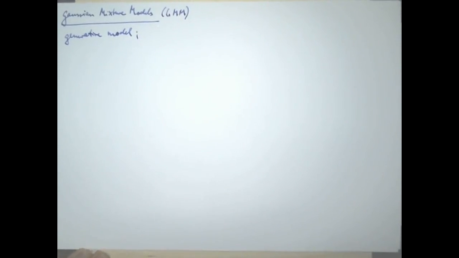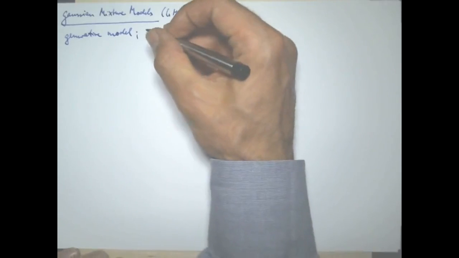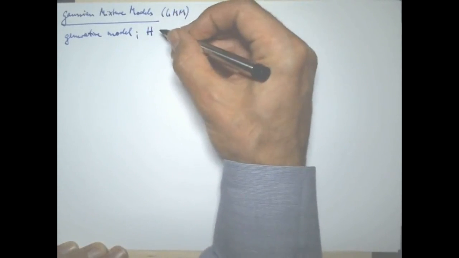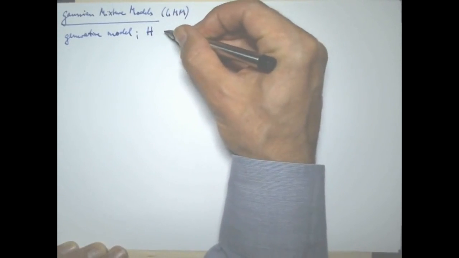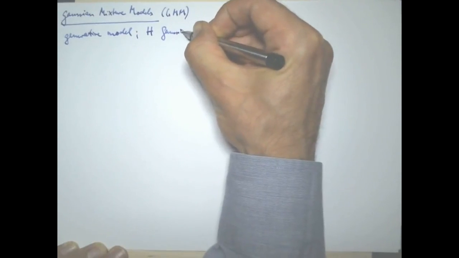So the Gaussian mixture model, or GMM for short, is a generative model. And you can generate observations as follows. You can randomly pick one of h possible mixture components, and you do that with a probability distribution over those mixture components, and then given a mixture component you draw a sample from a Gaussian distribution. So we have a generative model that comprises h Gaussian components,